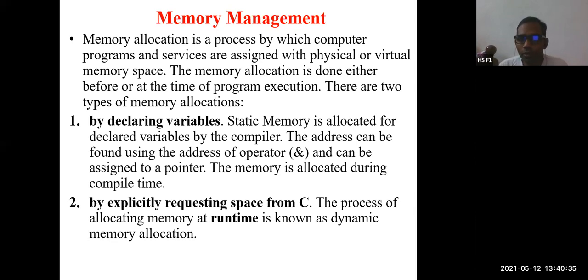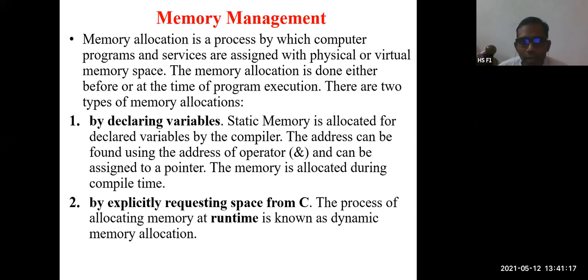Now, whatever programs we have seen so far, those programs require some memory to modify, to store, to print, etc. Whatever programs we have done so far have a minimum of one variable or more. A variable is a name given to a memory location. Integer has 4 bytes of memory, character allocates 1 byte, then float, double, etc. They are allocated different memory locations. Who is going to allocate the memory for a variable? A compiler is going to allocate the memory. That allocation is called memory management.